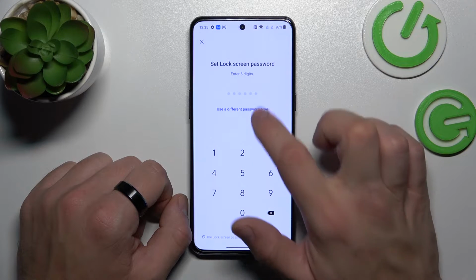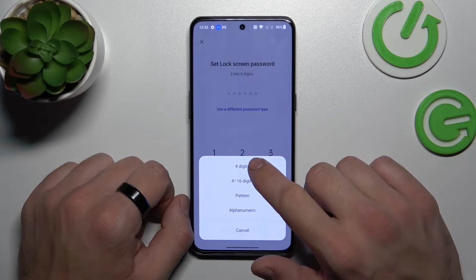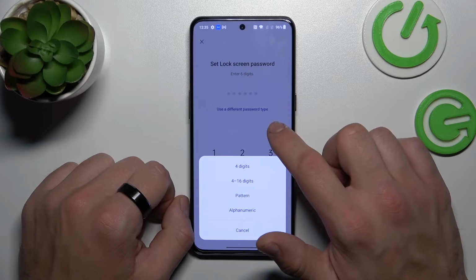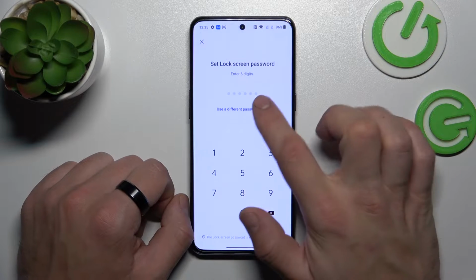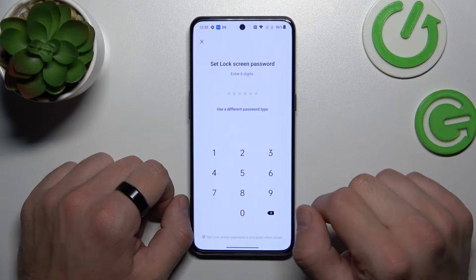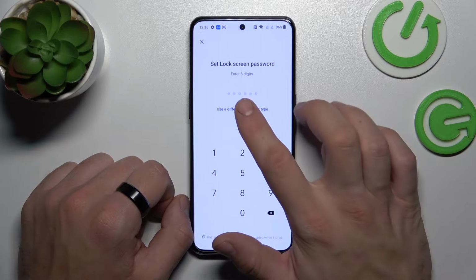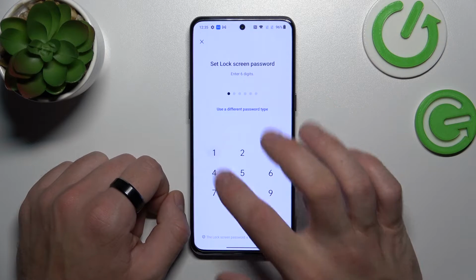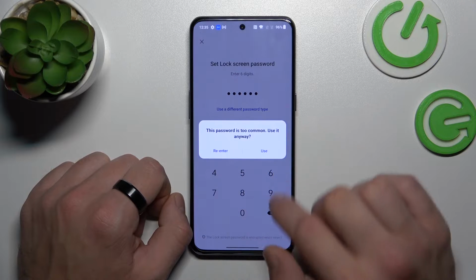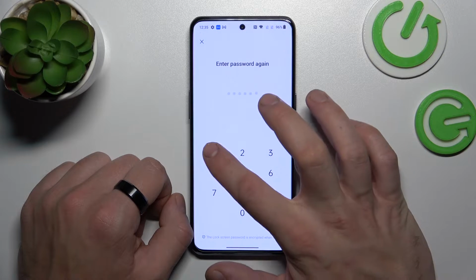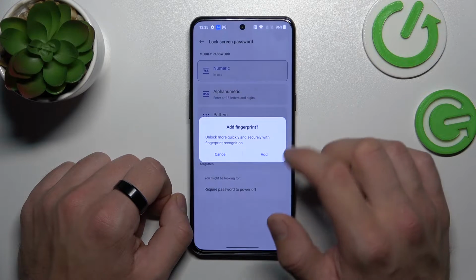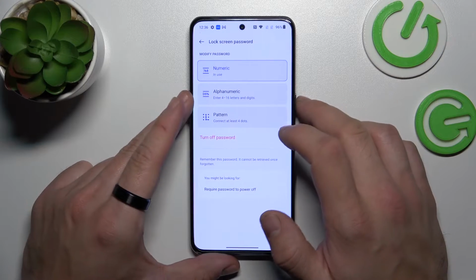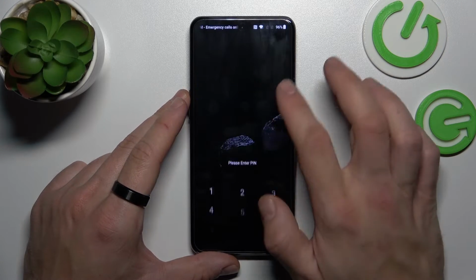Enter use a different password type, and now you can select between 4-digit and 4 to 16-digit numeric password. Also, at default, you can select 6-digit password. Let's stick with the 6-digit, because basically they are the same, but with different length. Now let's use it to unlock the phone,